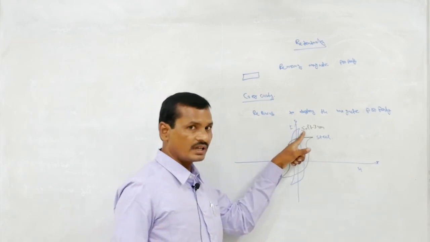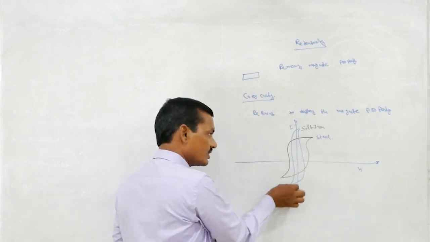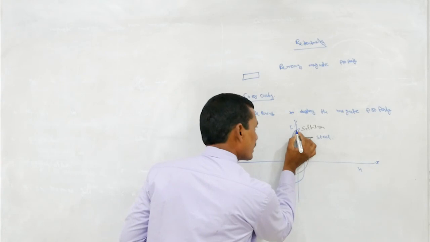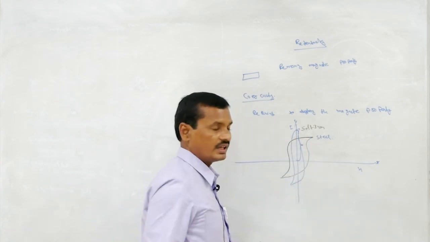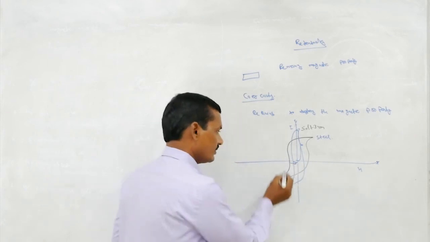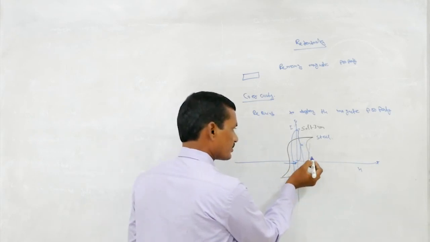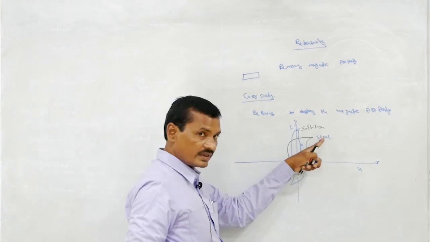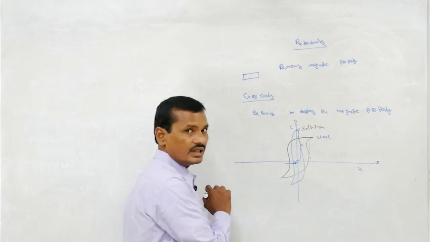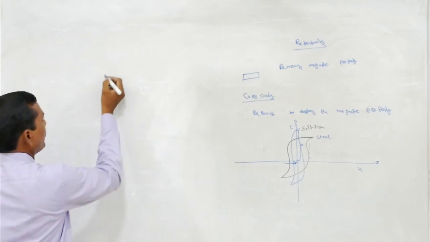In this graph, I am showing two materials. One is soft iron and the second is steel. For soft iron, this one, the blue color. For steel, this is retentivity for soft iron, and this is coercivity for soft iron. In the same way, the small one is retentivity for steel, and this is coercivity for steel. So by using this we can compare.